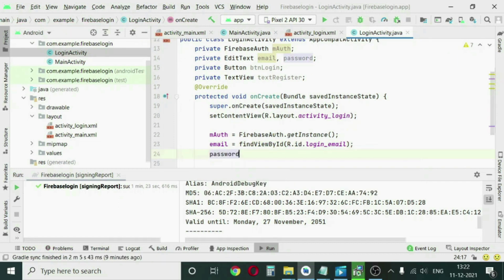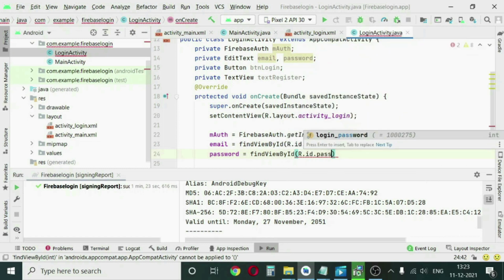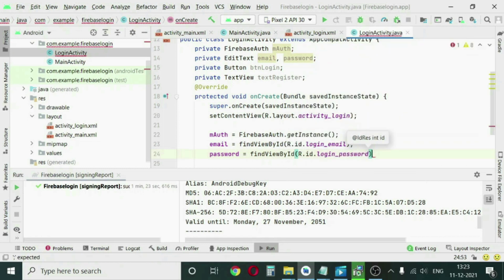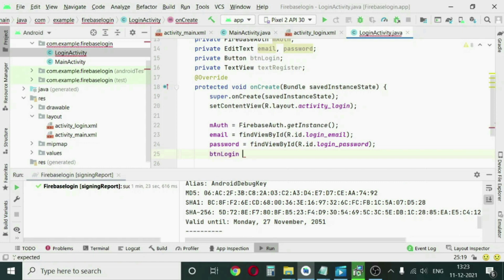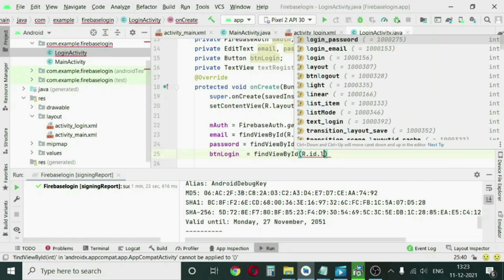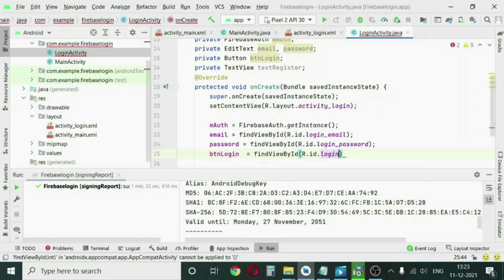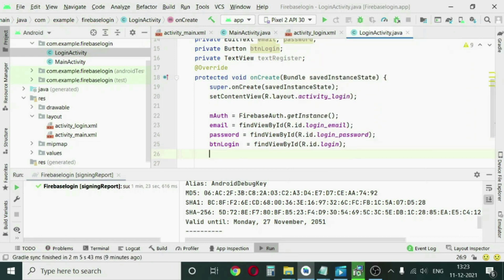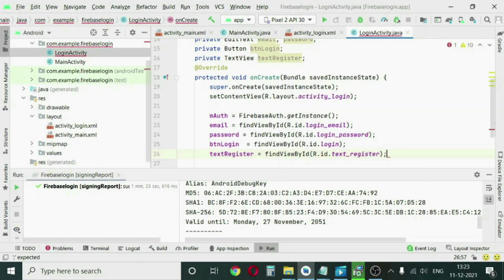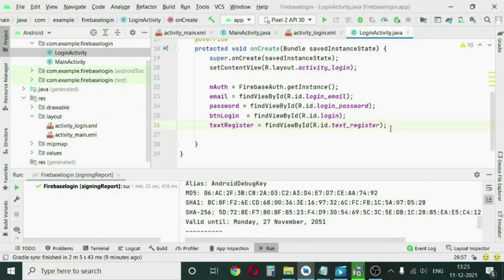Then password equal to findViewById, R.id.loginPassword. ButtonLogin equal to findViewById, R.id.login. These are the IDs which were defined in the XML. Then textRegister, findViewById, R.id.textRegister. So all the variables have been initialized.